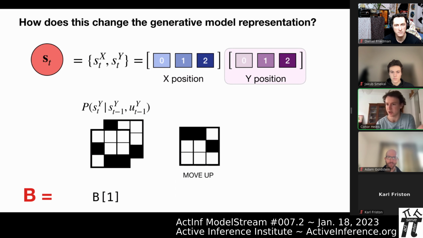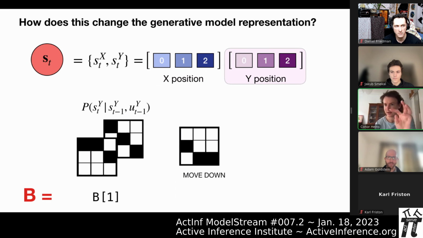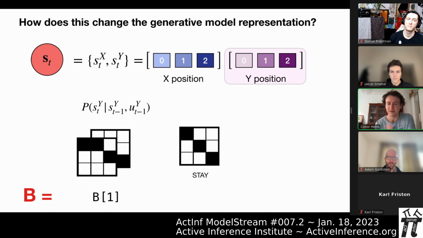And similarly, they actually look identical because the world is rotation and translation invariant. And you'll have another smaller B array just for Y movement. This is a very simple example. We're not going to actually do this in code because it's kind of trivial, but it's just an example of how instead of having a fully enumerated location representation, you can split that up into basically a Y-axis and an